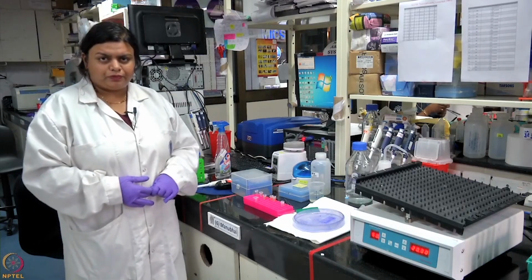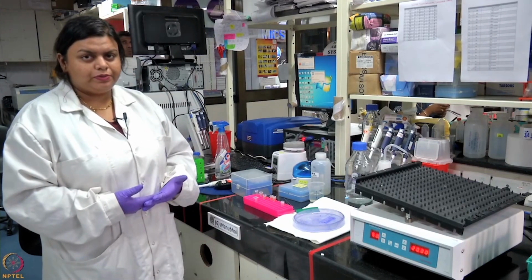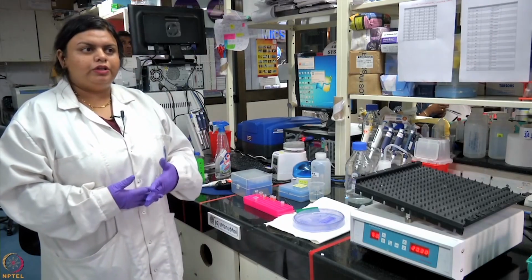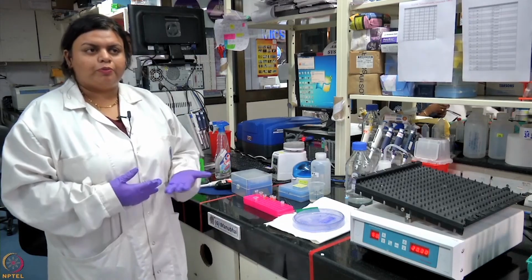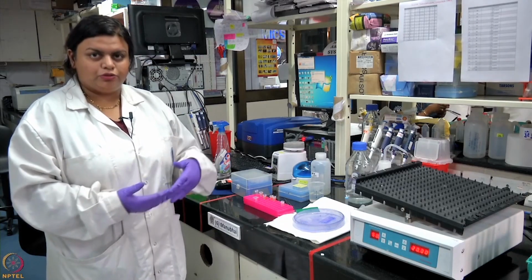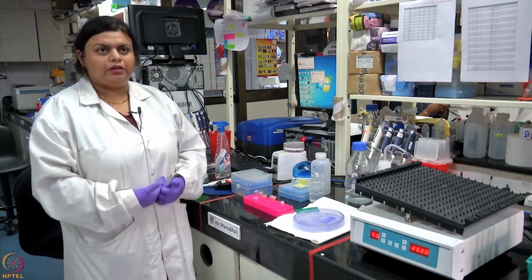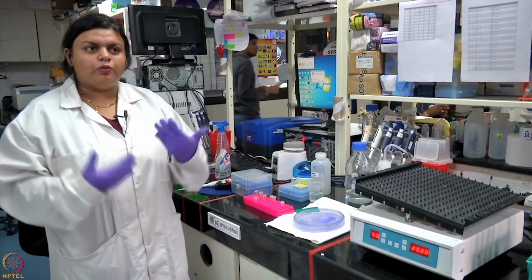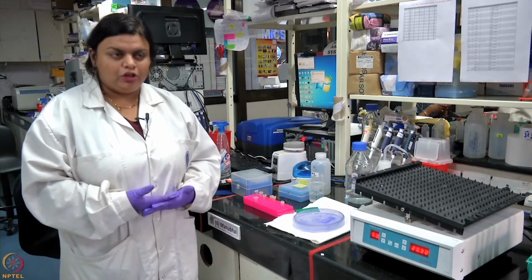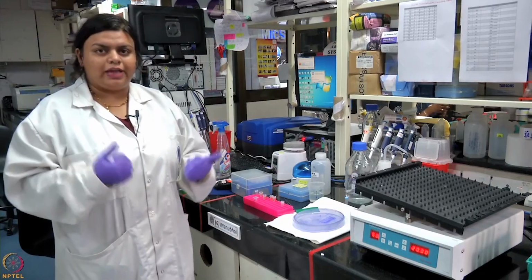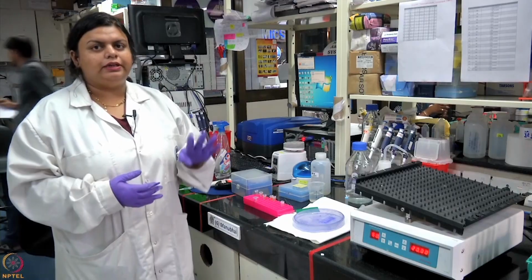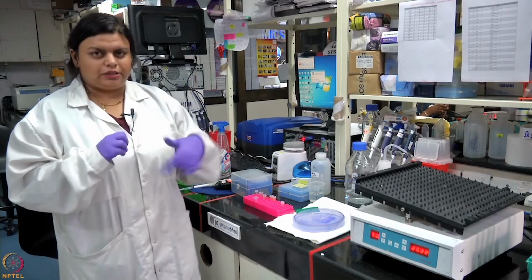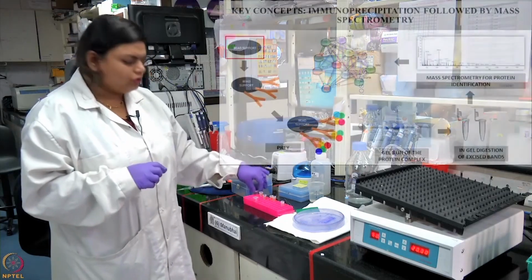So first of all, just to brief you a little bit about the steps. Majorly, in immunoprecipitation-based mass spectrometry, we will be doing the pull down of a protein whose interacting partners you are interested to look into. For example, let's say the protein S100A10. You want to learn what the interacting partners of S100A10 are. For that, first of all, you need an antibody specific to S100A10, that is, the antibody of the protein of interest whose interacting partners you will be finding out. So here, first of all, we will take the bead.